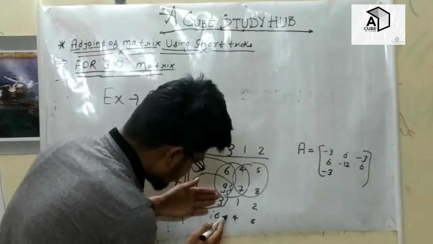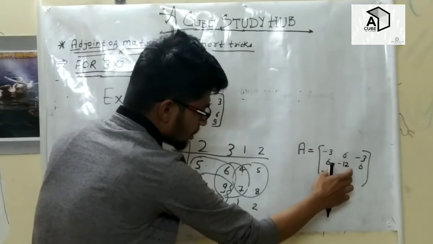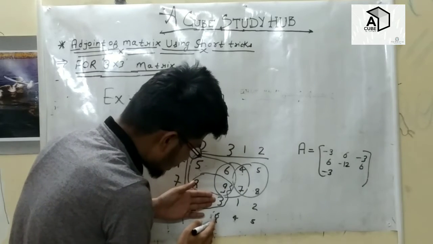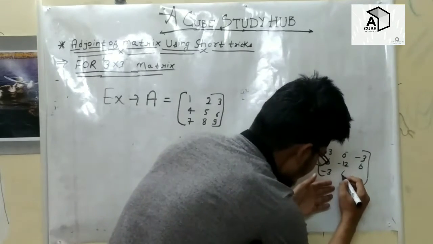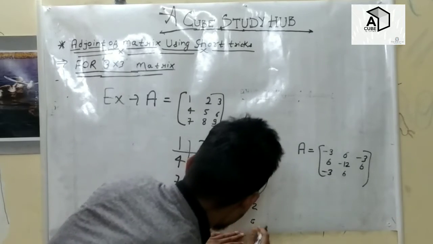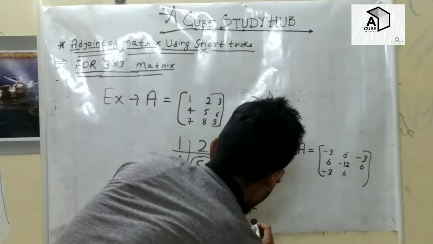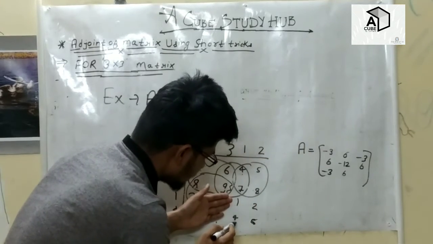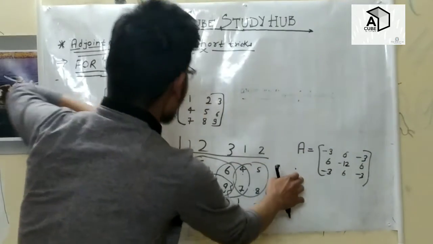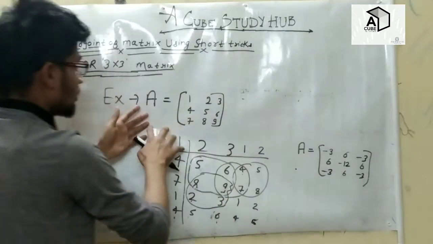And now here we will take this matrix for finding the value at A32 in the cofactor matrix. Then 4 into 3 minus 6 into 1 gives 6. At last we will take this matrix, that means this was our 5. 5 into 1 minus 4 into 2 gives minus 3. So this is the cofactor matrix of the given matrix.